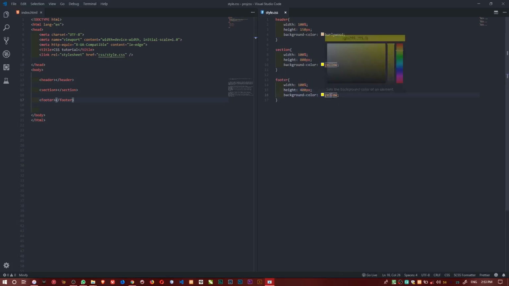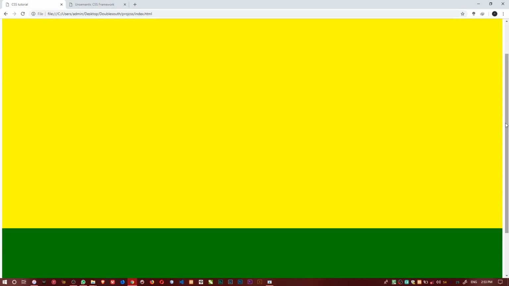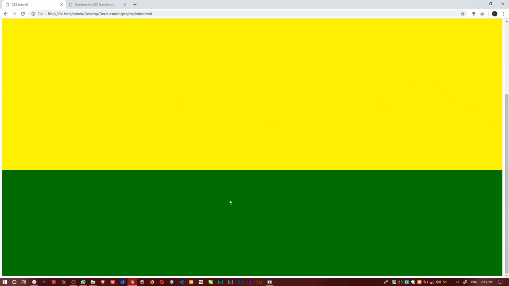400 pixels. I'm just doing this so that I can scroll the page. So maybe green for the footer. Now I'll scroll the page. This top here will be our header, maybe with the logo and another color, navigation somewhere, something like that. Then this yellow will have our content, and this place will be the footer, with some navigation and address, all this kind of stuff. You understand the basics before a normal designer.